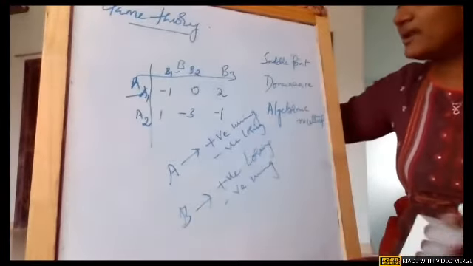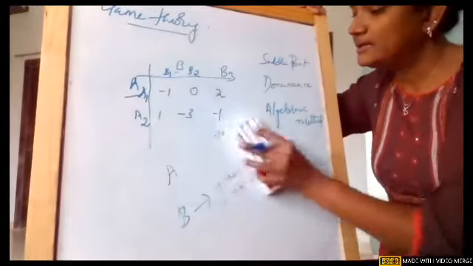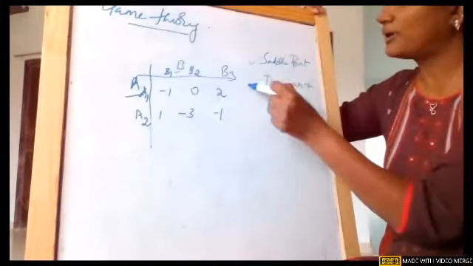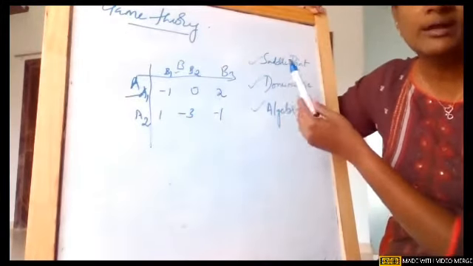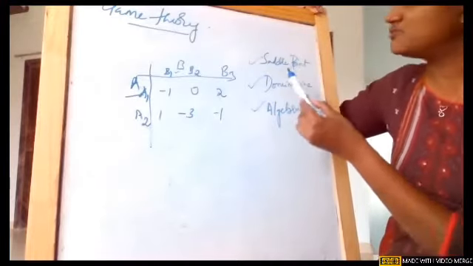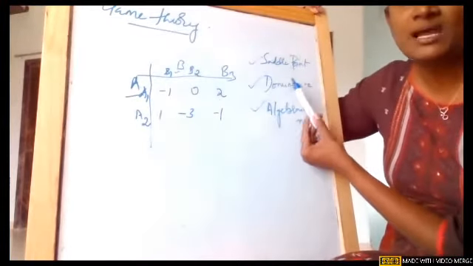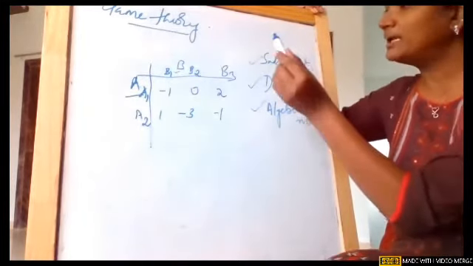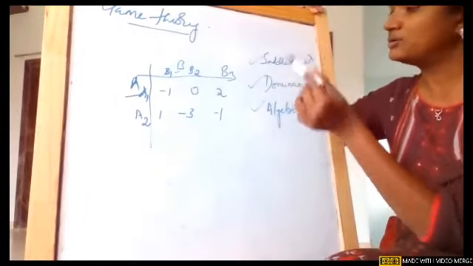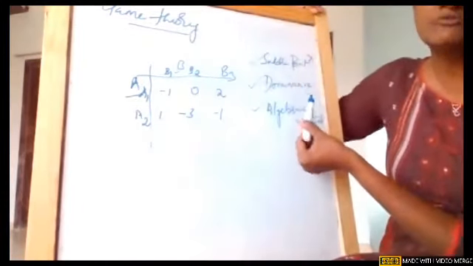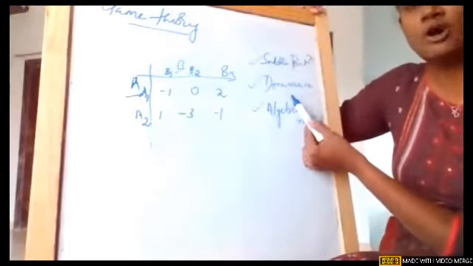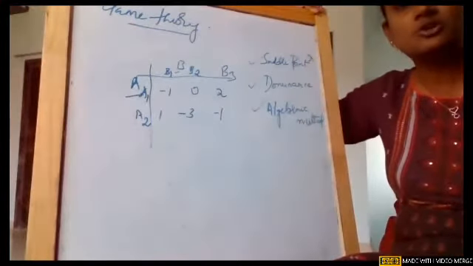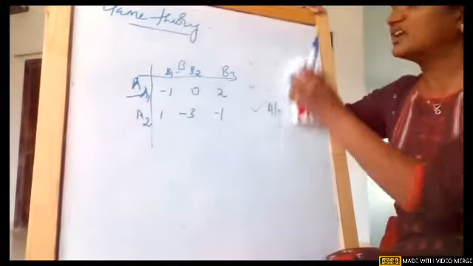Okay. So now when we proceed, there will be 3 strategies, in 3 different levels, we try to solve the problem of game theory. One is finding out the saddle point. If you are able to get the saddle point, it is quite easy to solve the problem. If you didn't get the saddle point, obviously you'll go to the next level, which is dominance theory. Even in dominance, if you are applying the dominance strategy and still you are not able to solve the problem, then you apply the algebraic method.